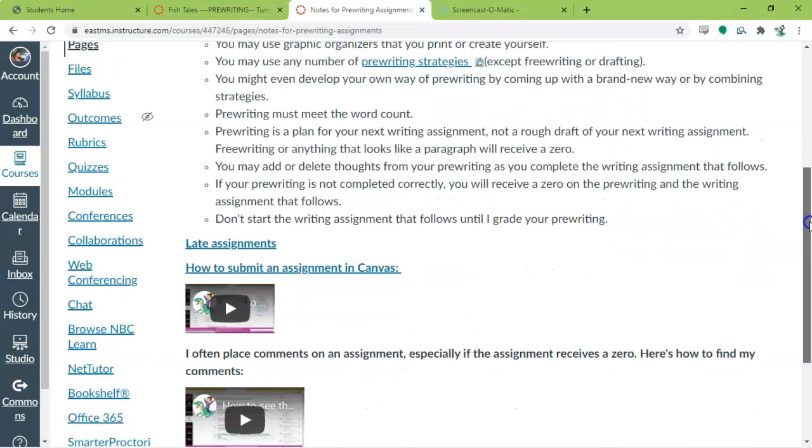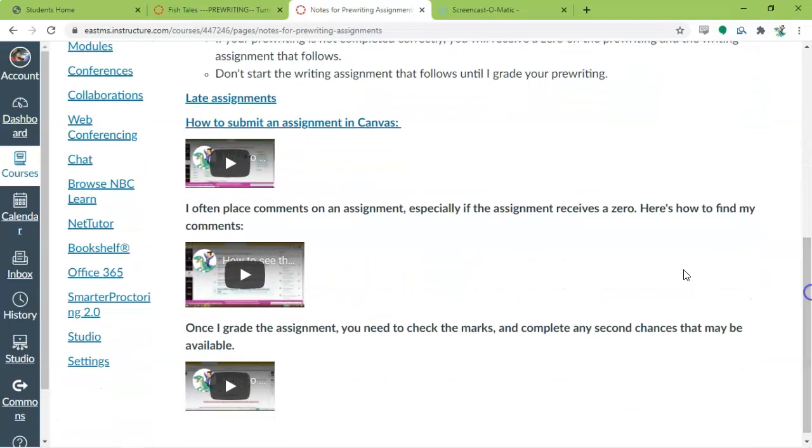So I won't get into all that, but you also have some videos here at the bottom showing you how to submit assignments, where to find comments if I put comments off to the side, and then whenever I grade the assignment, of course, I'm going to put marks on it, which is how you get your deductions and all that. And you might need to complete a second chance if the second chance is available.